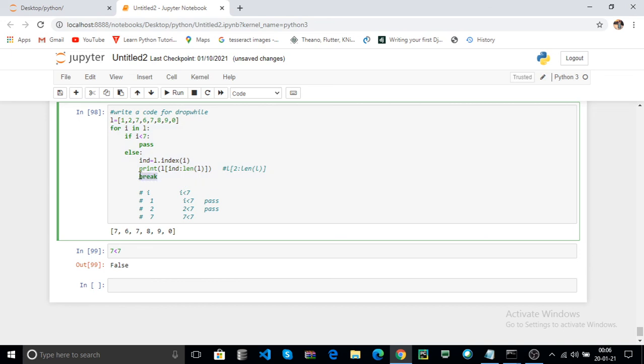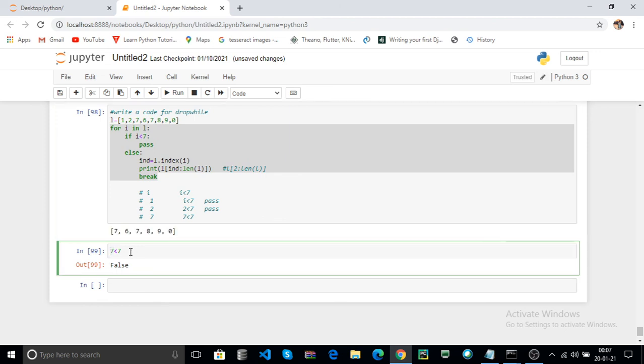Without using the break, after the else block is executed, the for loop is executed again, it checks the condition, the else block is executed, and again the for loop is executed. Every time the print statement is executed when your if block fails. That means using the break, your list items are printed in the prompt only one time, and break means the control is out of the loop.